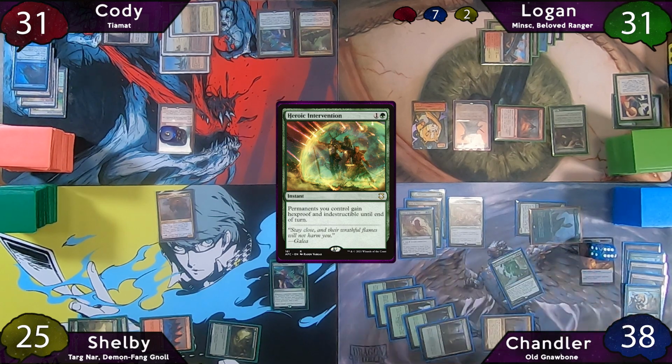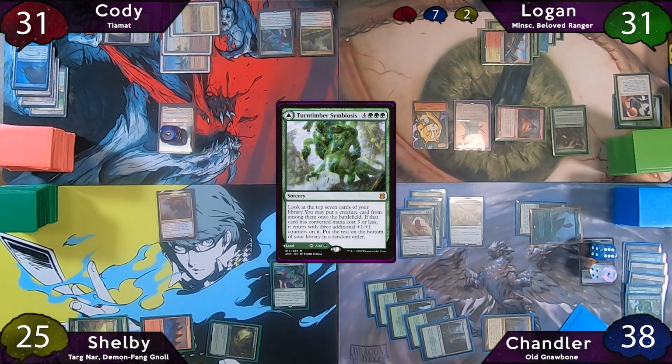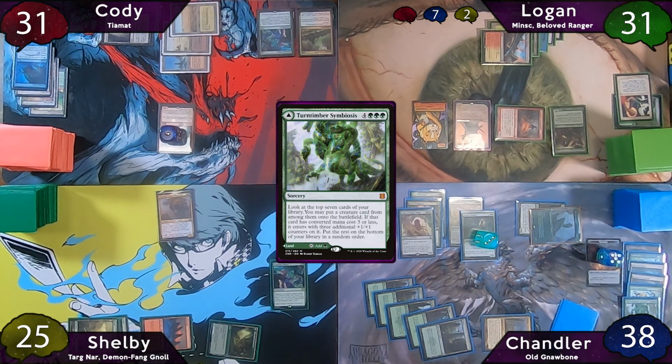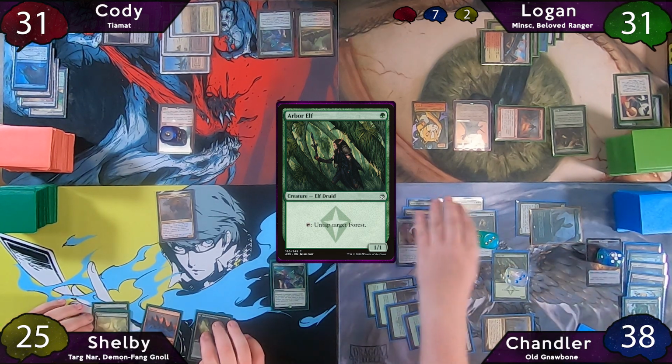Now in his second main, just wanting to build to the board more, Chandler drops Tooth and Nail Symbiosis. He looks at the top 7 cards of his library and drops Eternal Witness. When it enters the battlefield, it'll get 3 +1/+1 counters, and he'll put the spell back to his hand. He sacrificed 3 treasures to cast this, so he should have 2 green mana left over. So he'll sacrifice 2 more treasures to recast it. Unfortunately, his deck isn't as kind this time, the only thing he finds is an Arbor Elf, but it will enter with 3 +1/+1 counters. And with a lot of mana left but no gas left in his hand, Chandler will